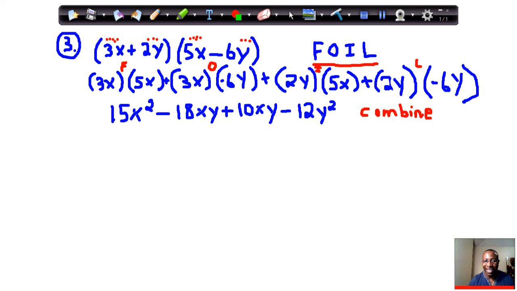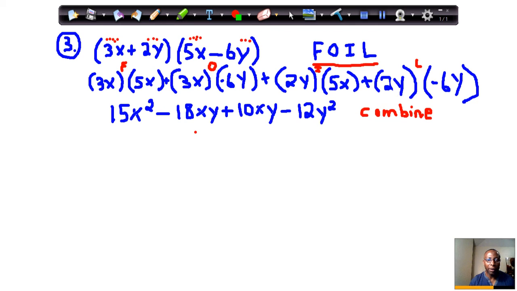So you've got a negative 18xy and a plus 10xy, you add them together and the result takes on the larger sign. Okay, so the result should be,